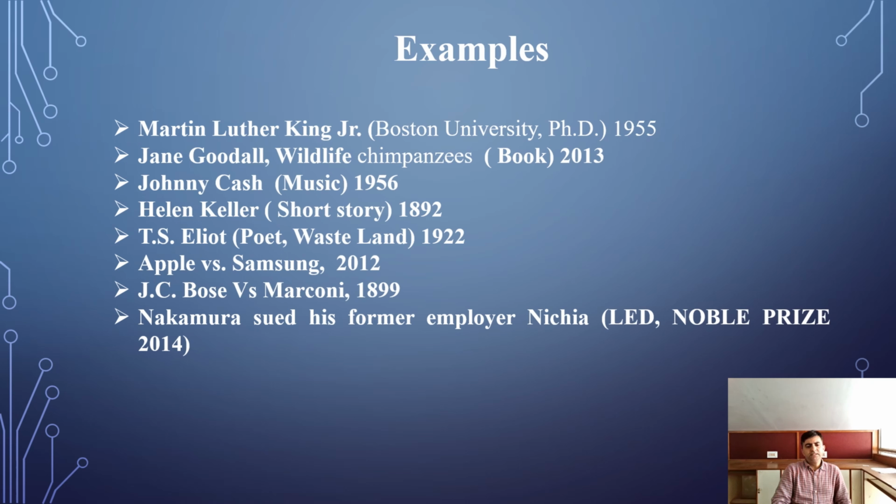But JC Bose and Marconi used the antenna that was discovered by JC Bose initially, but JC Bose hadn't claimed anything on it. But Marconi knew all the things, as JC Bose represented his idea in one of the conferences, and Marconi was present there. And Nakamura,